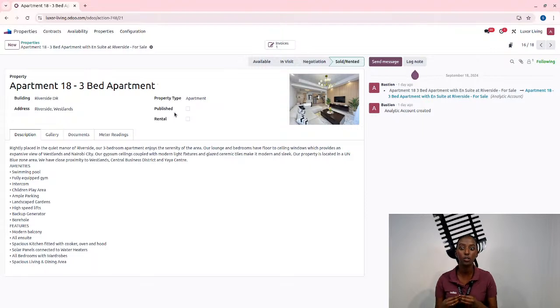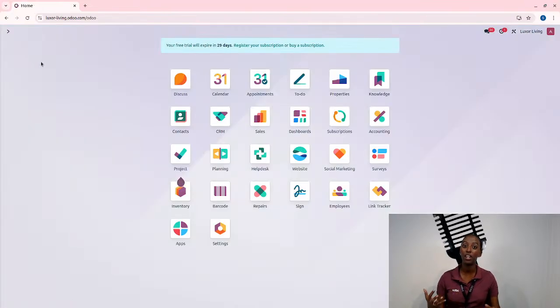Because this is an automated action that I made, this specific apartment is no longer available, not only on my website, but also for other clients or customers who would like to have this specific apartment. So now that my apartment has been sold, we can also have another way of